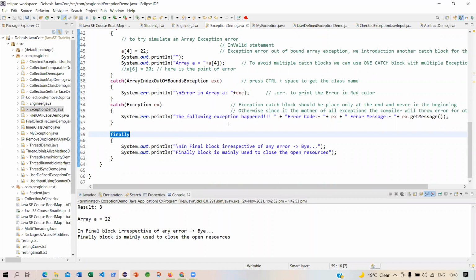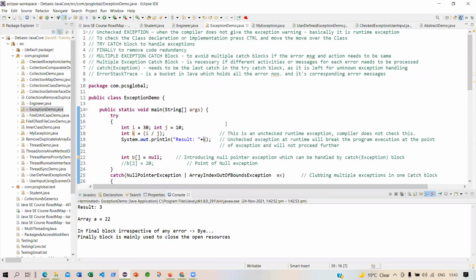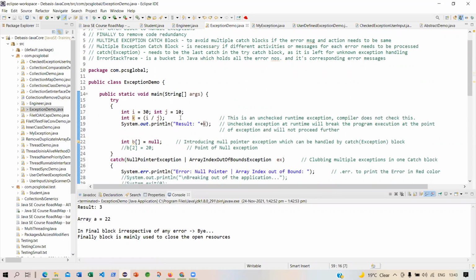So there are a few points to be noted. Try to run this example, try to write the example, and again try to execute it, change something in the code, and you will definitely be able to understand it. I'm very sure. I will stop the sharing. Deepak, Sayantan, Sulagna, and Subhas, I think this is a very important session, and the next few sessions also will be the most important. Whatever till now you have learned, you will be applying it in the exception as well as in the collection.